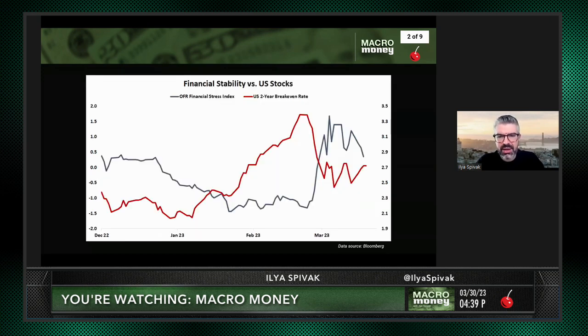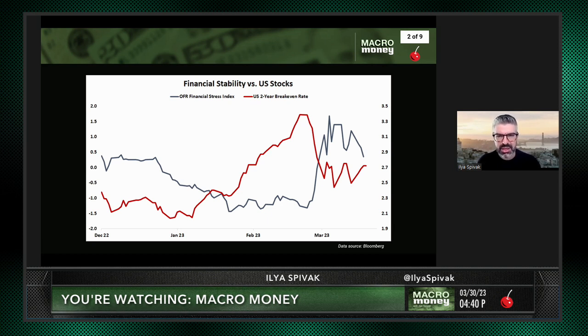And you can see that here. That same break-even rate here expressed as the red line. You see there that's the same as those yellow bars we just saw. And the dark line there, the OFR Financial Stress Index. That's from the Office of Financial Research, which is a group within the U.S. Treasury Department. So you can see there, as the risk builds with the SVB situation and its various outgrowths in the beginning of this month, break-even rates come in.